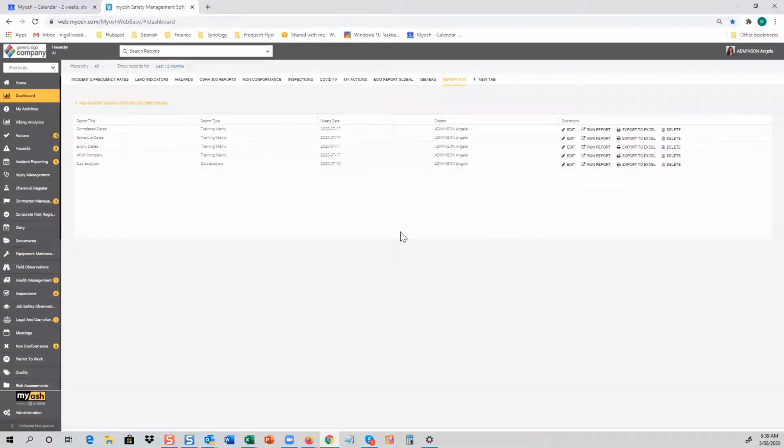If we then go and have a look at some of these reports that have been run. When you create the report, it doesn't automatically run the report. It puts the report on the screen and you are then able to choose what you want to do with it. So what I've done is I've created a report that is a gap analysis. And I have the opportunity here to either run it, edit it, or export it to Excel. If I run it,